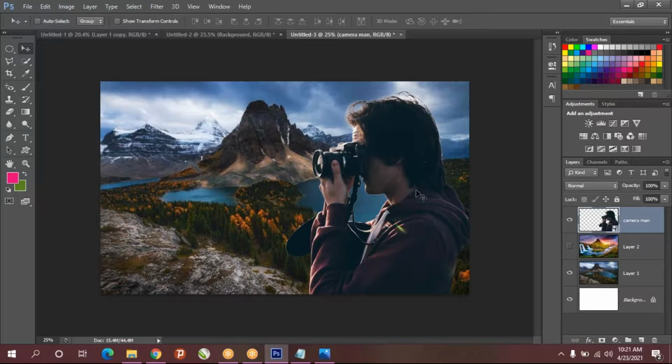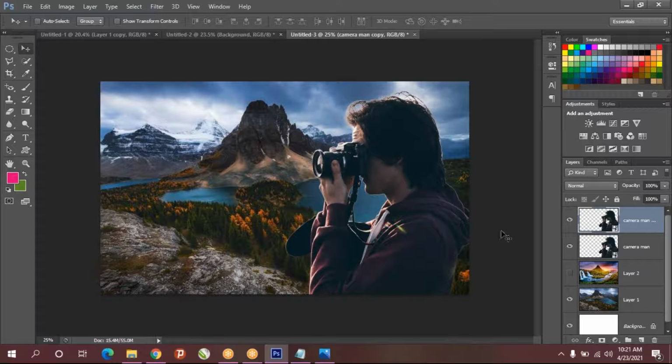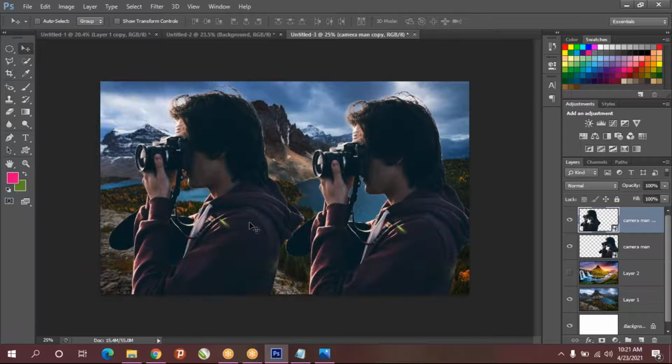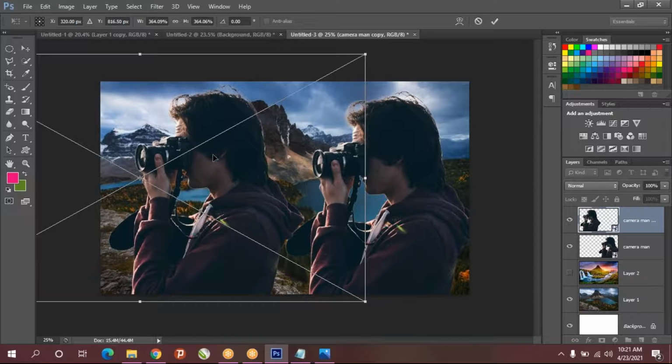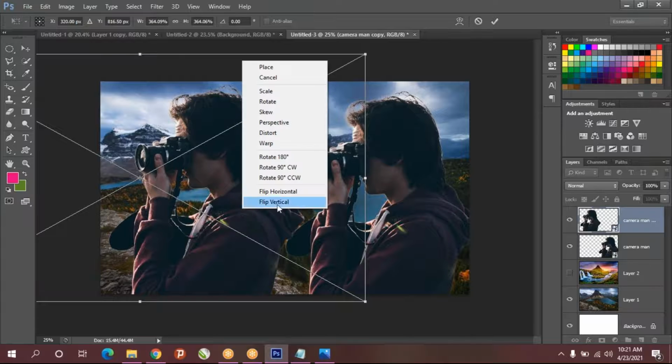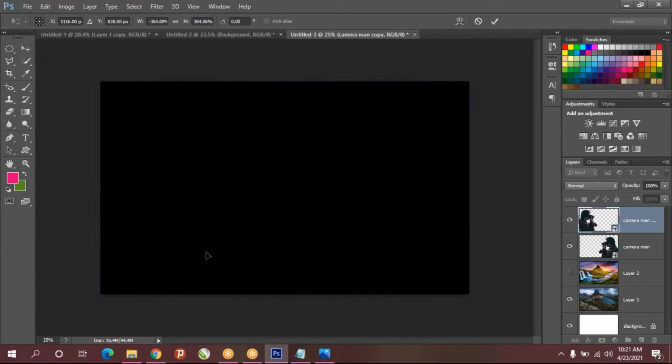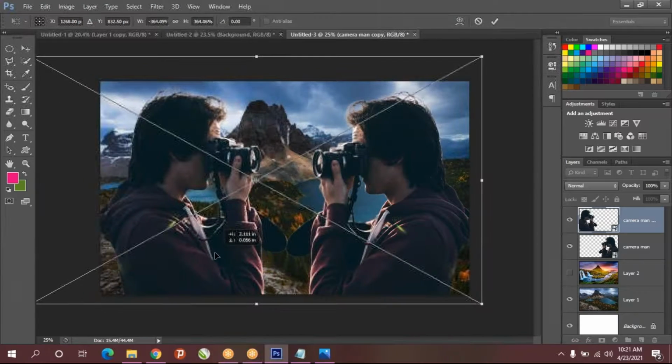So this cameraman only once again I'll duplicate, Control J. So it has been duplicated once again, and move it this side. Okay, press Control T. After pressing Control T, right click on this, you'll be having option called flip horizontal. So like this we can do like mirror also.